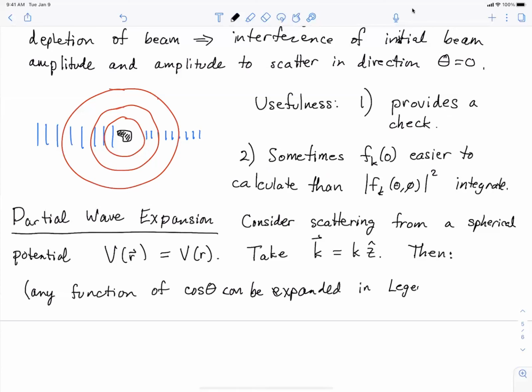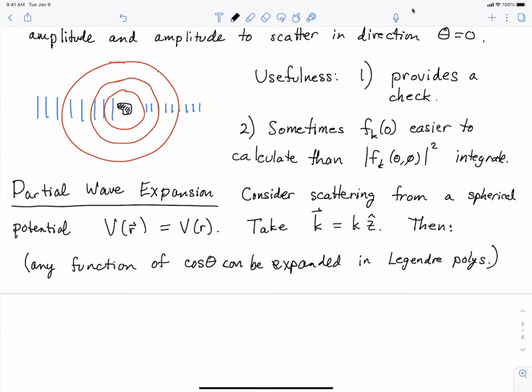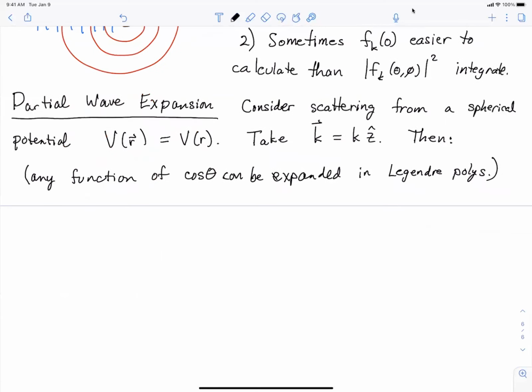That's just a mathematical fact. And so that's all we're going to do. We're not actually going to be doing any physics for the moment. We're just going to say,